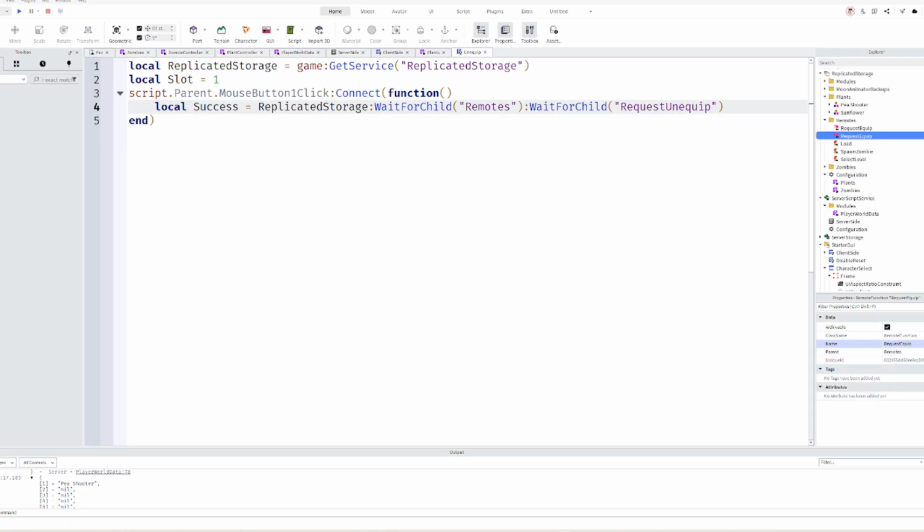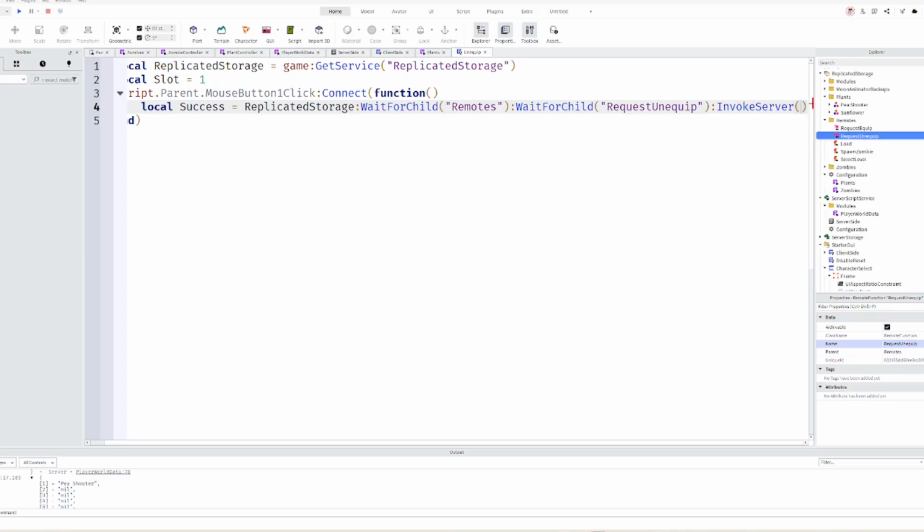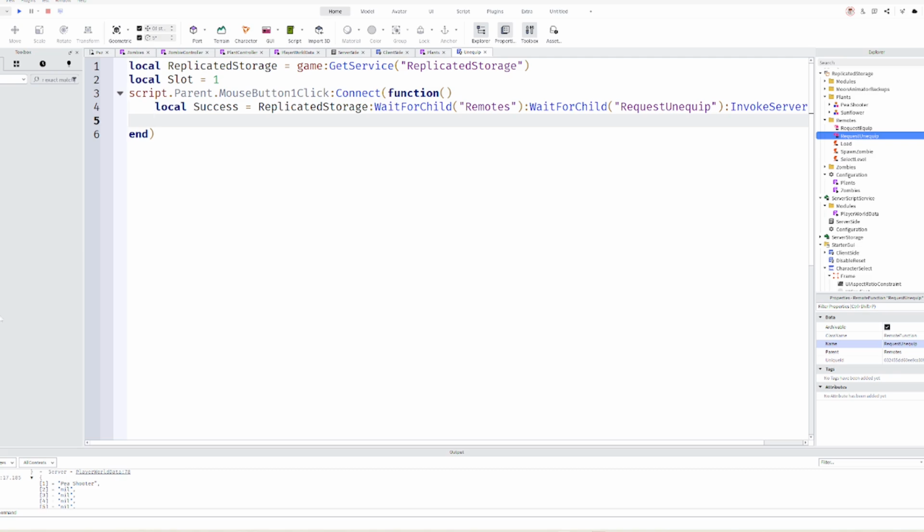So, duplicate request equip, rename it to request unequip with capital U, no capital E. And then we'll invoke that server, and then we'll pass through the slot. And then if it's a success, then